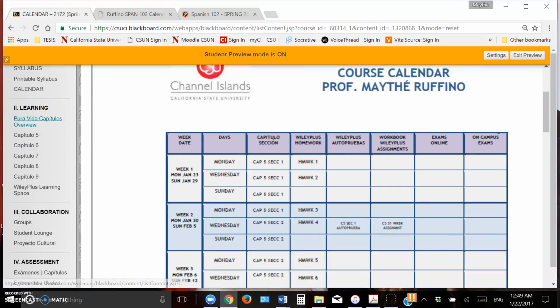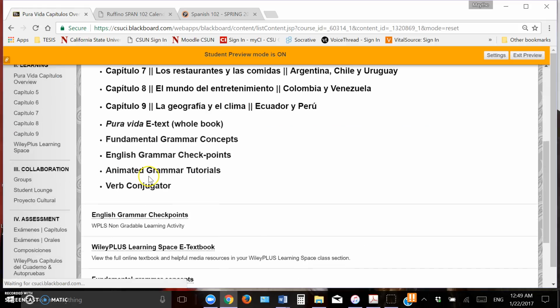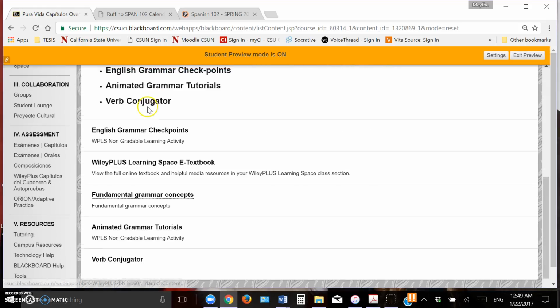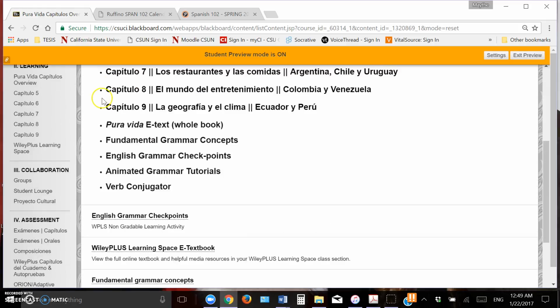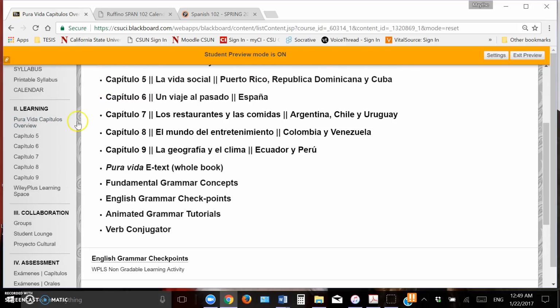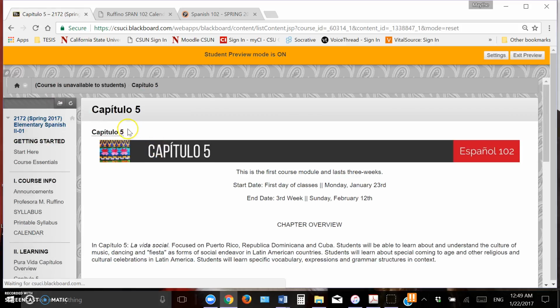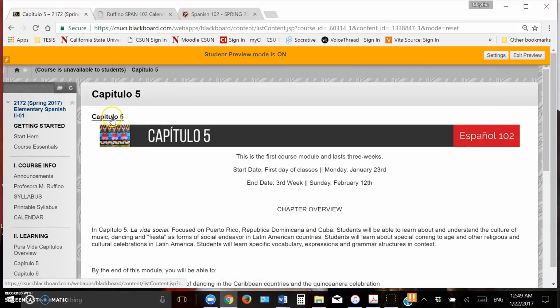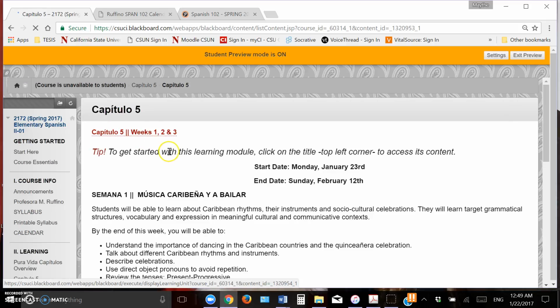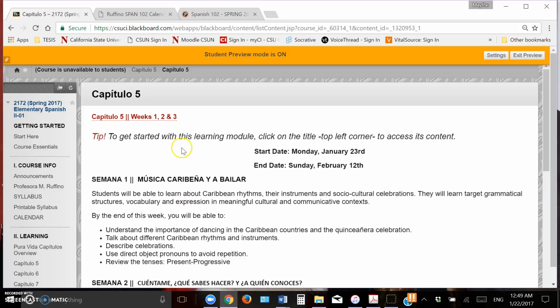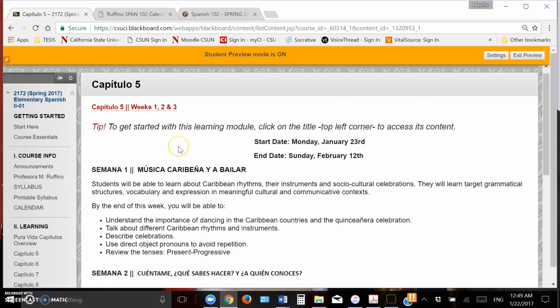Okay, then we get into one of the most important sections, the learning sections, where an overview of the chapters are there, plus another set of links that are helpful for studying and learning grammar and so forth. Most importantly, the chapters. This is where you're going to start learning your chapters. Chapter number 5, you click here, and then after the general overview of the chapter, you will have here a